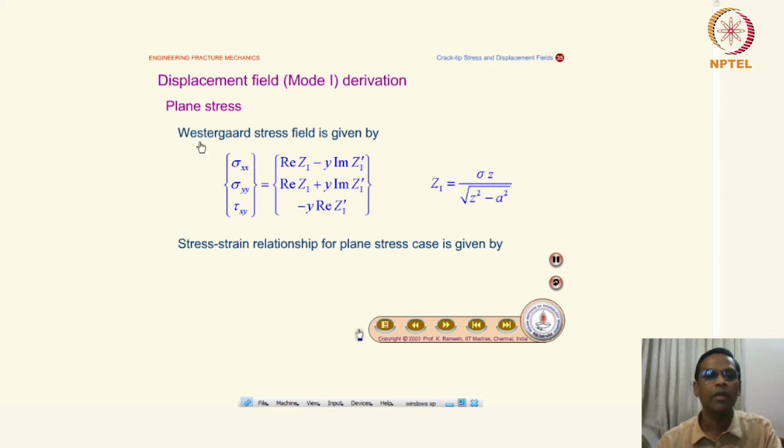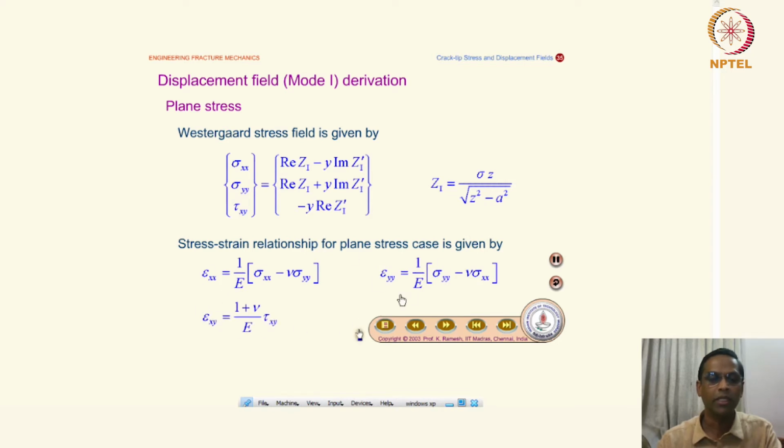This is a Westergaard stress field for the biaxial loading in terms of Westergaard Z function. I mean, stress function Z, it's called Westergaard function. This we have already known, and this is the stress field, and this is the stress function, which we have already seen. In order to find the displacement field, we will use the stress-strain relationship for the plane stress case, which we also know from the theory of elasticity. We have already seen this. So we use this relation and then try to get the displacement field for the mode 1 crack problem.